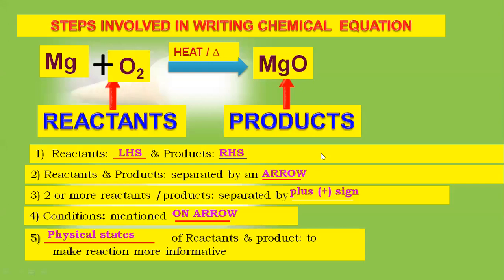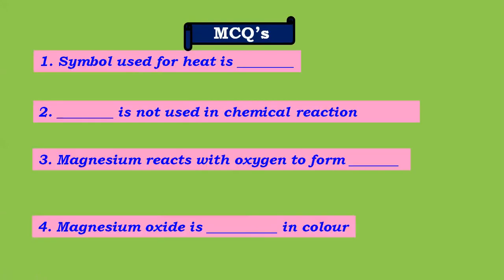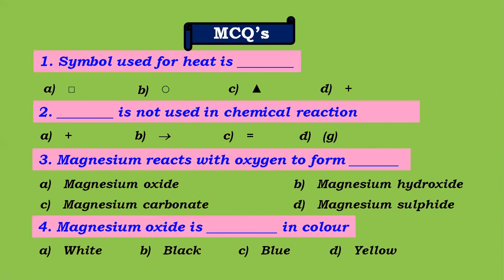Let us move ahead with the chapter. Having quickly revised, let us do a small MCQ-type questionnaire. Let me see how many of you have revised the topic very well. I'm not able to see you, but you can be true to yourself and try to answer these questions. As these are multiple choice questions, I'm also giving you options here. Let's start with the first question. Tell me, my dear students, what is the symbol we're going to use for heat? Come on, tell me.